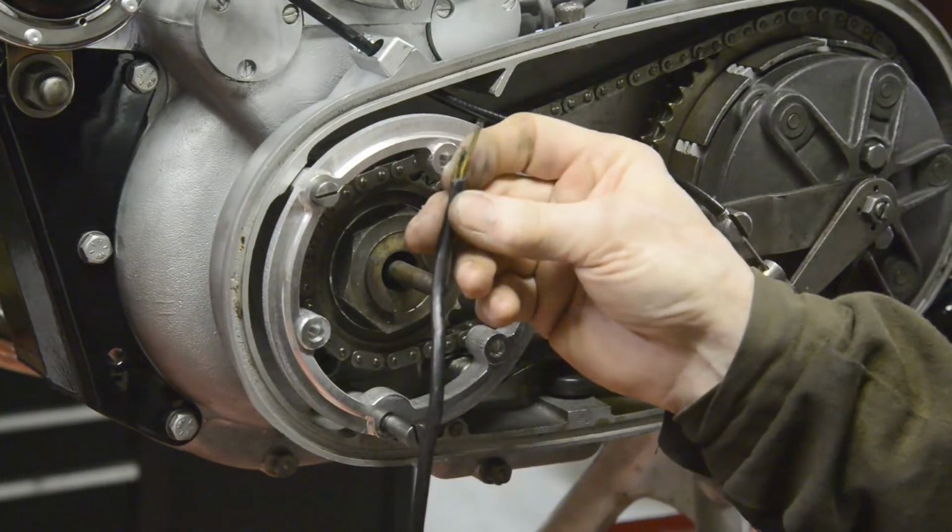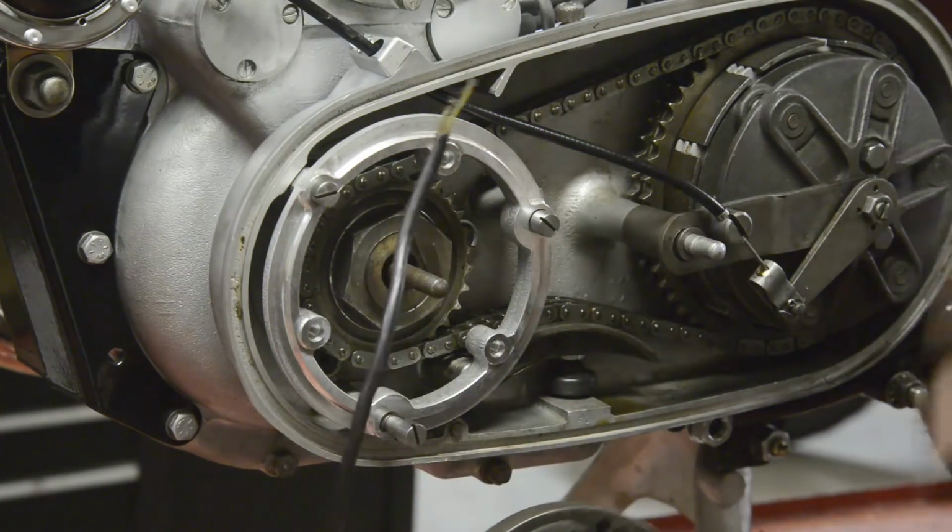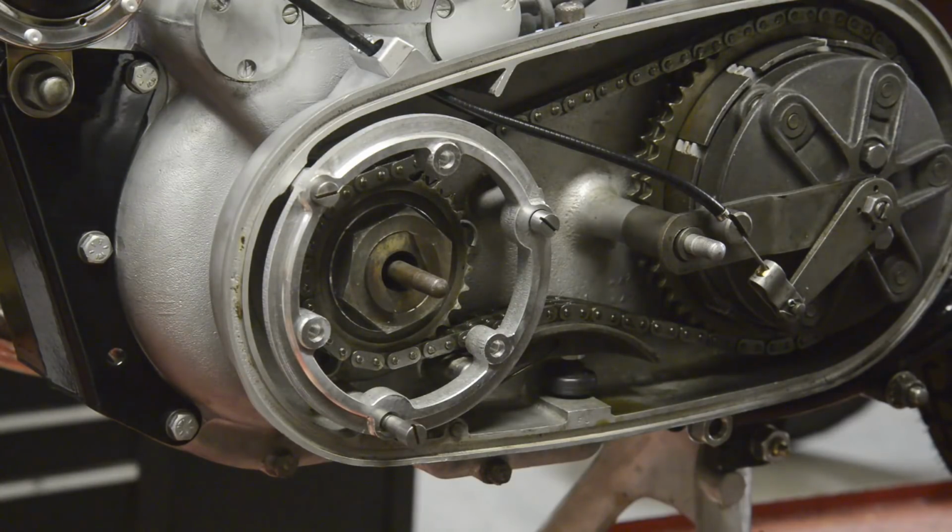But I've got to put a couple of connectors on the end of that for there, which means more soldering, which, as you know, isn't my strong point. Now, one other thing is